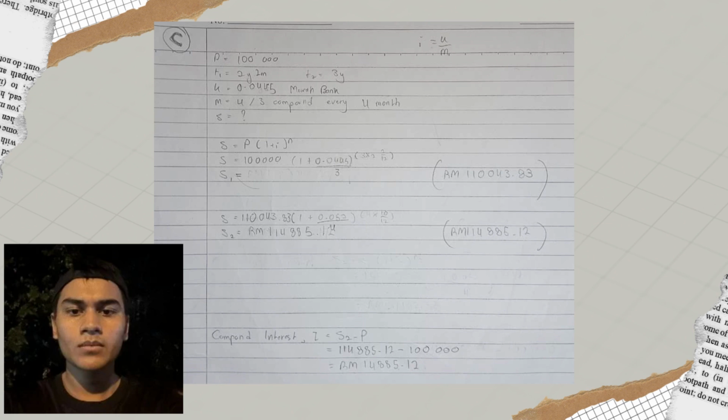P, we need to replace it with 100,000. And 1 is still the same plus I. So for I, the formula is K per M. K is 0.0445 and M is 3. For N, the formula is M times T. So the T is 3 years times 2 years and 2 months. And you will get the final answer is